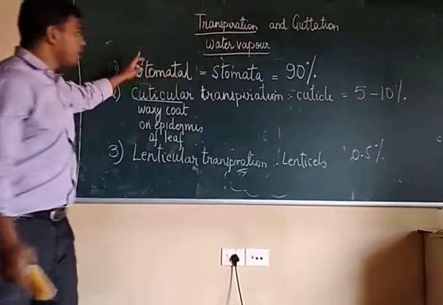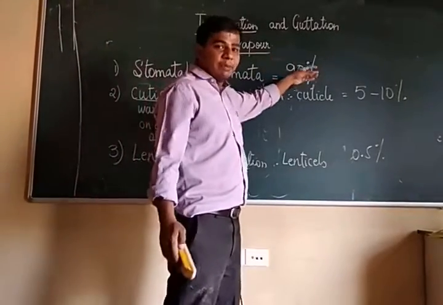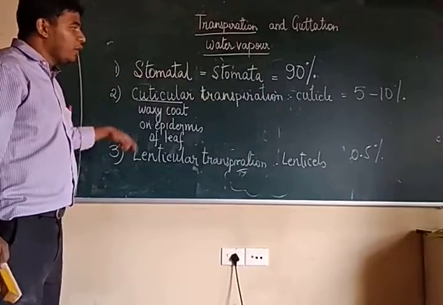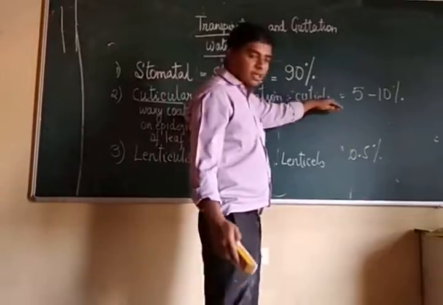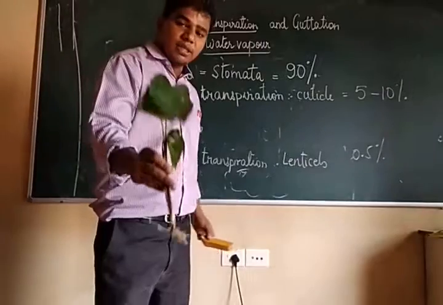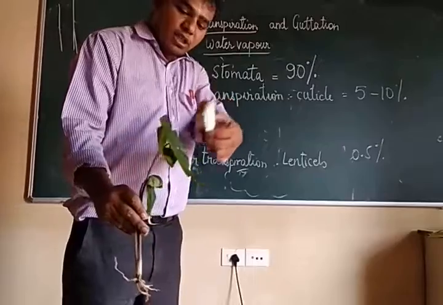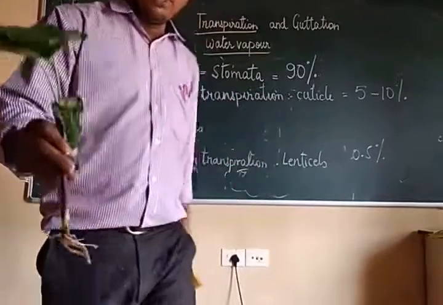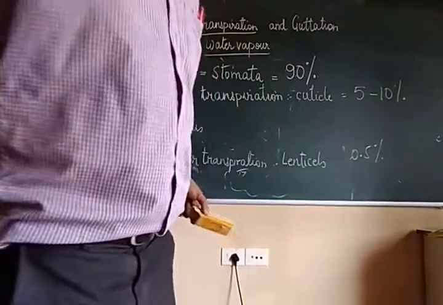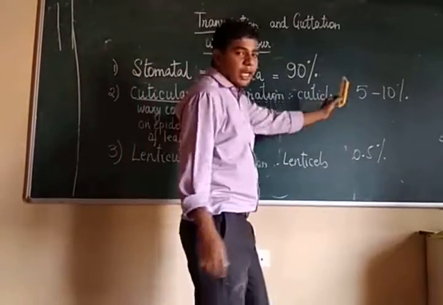The three types of transpiration, I'll just repeat again. One is through the stomata, more than 90%, say 95%, of transpiration can take place through this. The second one is cuticular transpiration, through the cuticle. I have already shown you a cuticle. The best example was this leaf. When you put water, it forms droplets. It does not stick on the leaf but just goes off because of the waxy layer, which is called the cuticle. Got it? This cuticular transpiration is 5 to 10%.